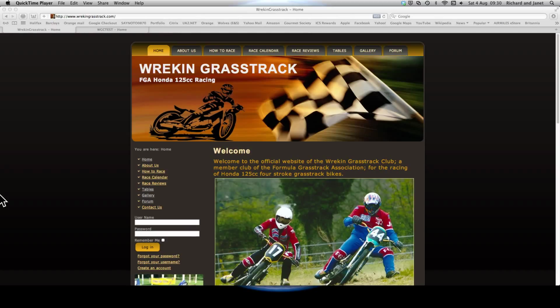This is the second part of the tutorial for the Wrekin Grass Track Club. I'm going to go through the individual pages of the Wrekin page now. You can see here that we're looking at the live site, wrekingrasstrack.com. When we're talking about the site, I'm not going to keep explaining the differences, but you will note that on